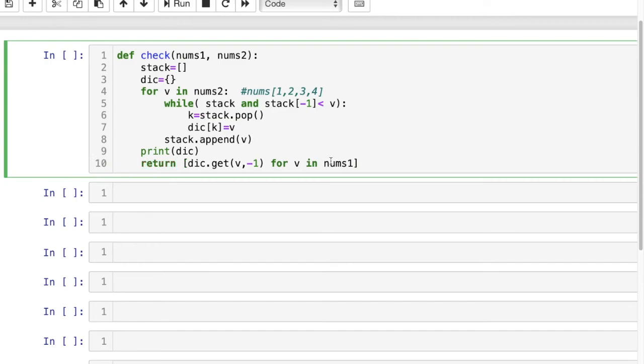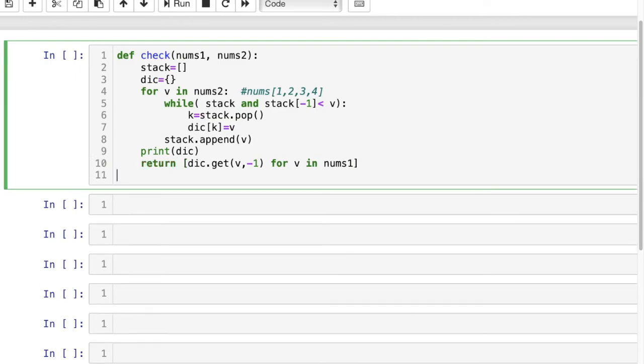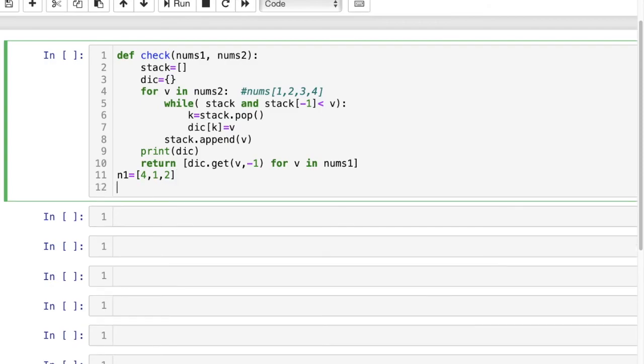So we are done. Let us do our experiment over here. Let us take n1, meaning array1, having values 4, 1, 2, and array2 as n2 equal to 1, 3, 4, 2.